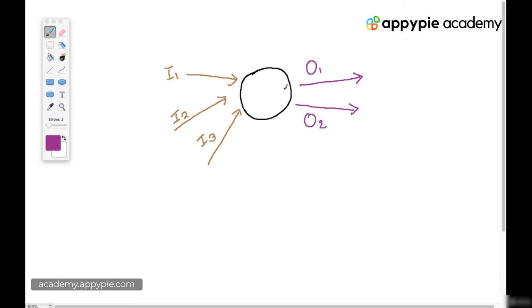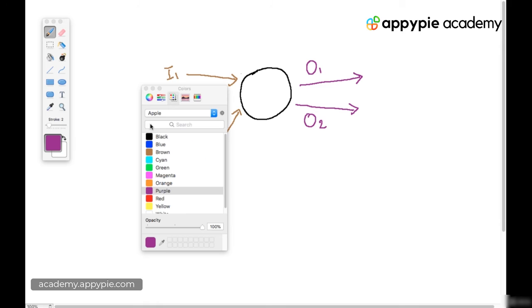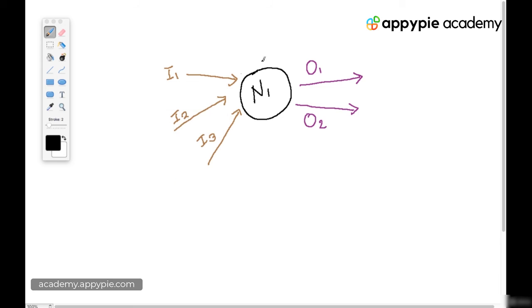Now in a neuron which is implemented in programming, you actually have the same output mirrored on all of the output channels. This neuron will further be connected to other neurons. So let's first name this neuron N1. Then it will be connected to many other neurons, which together will be called a neural network. And a very amazing thing which you can notice over here is how such a simple block can actually correspond to many advancements in AI.